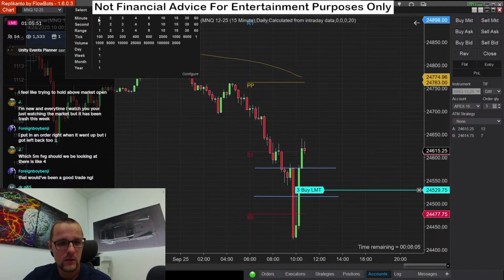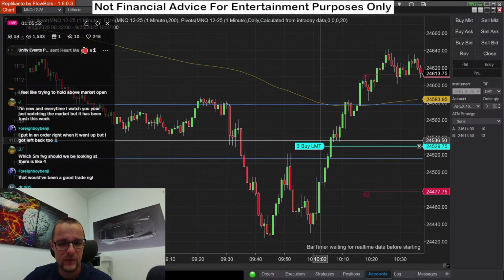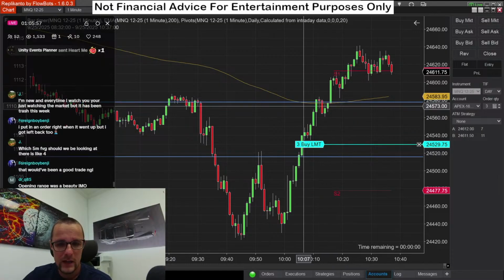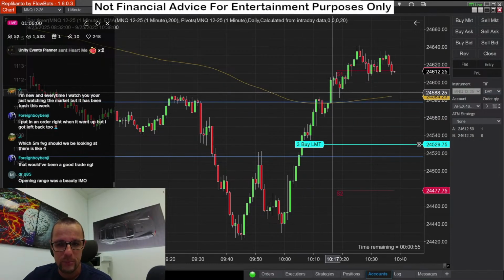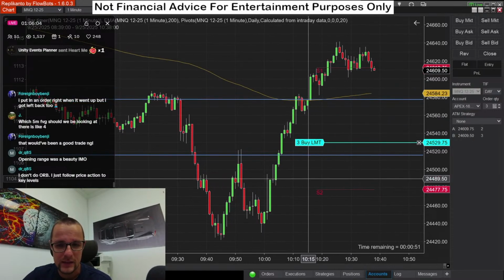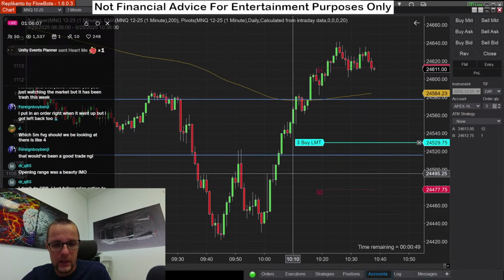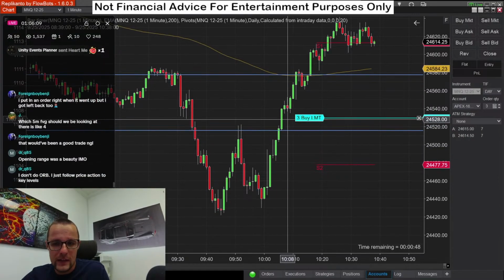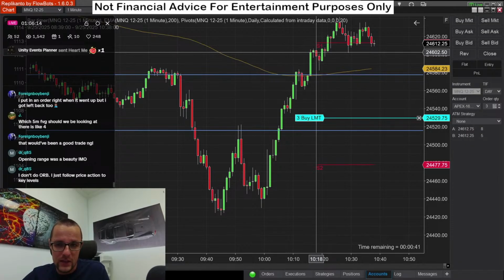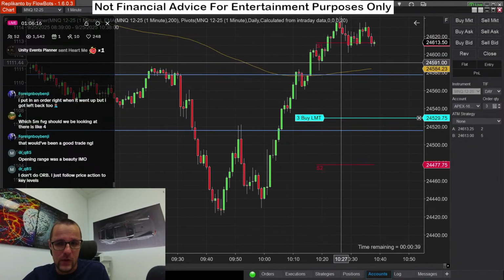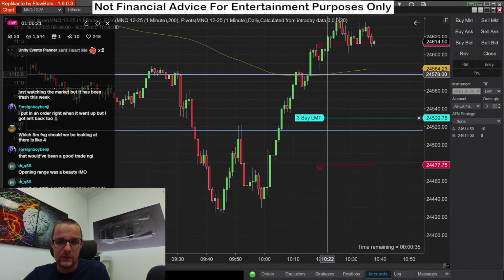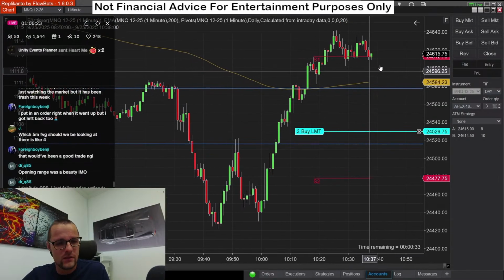Some people take it off the break of the 15. Everyone does it differently. Some people, with that 15-minute, will wait for a bullish gap like this, and they'll enter. See how it did this? This is exactly what I was waiting for to happen down here. See how price left this bullish imbalance? Price just retraced perfectly to fill that bullish imbalance and then continued ripping. It's exactly what I was wanting to happen right there, but for some reason it just